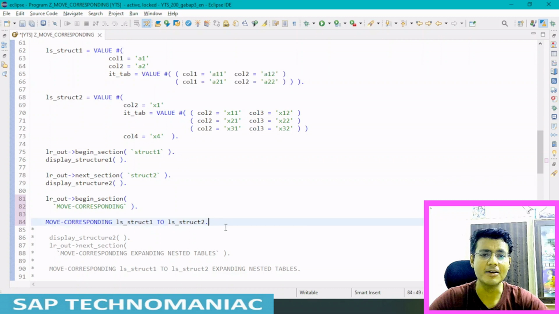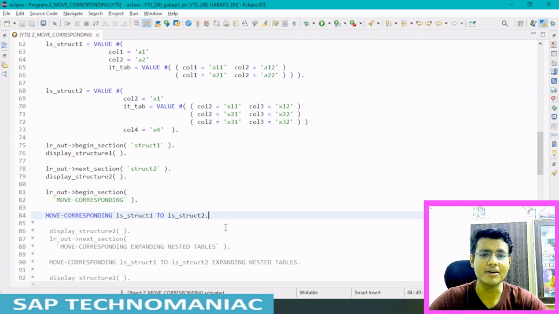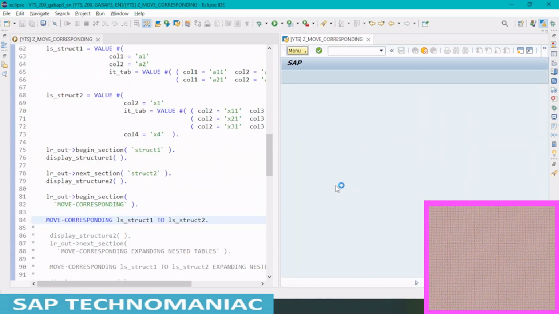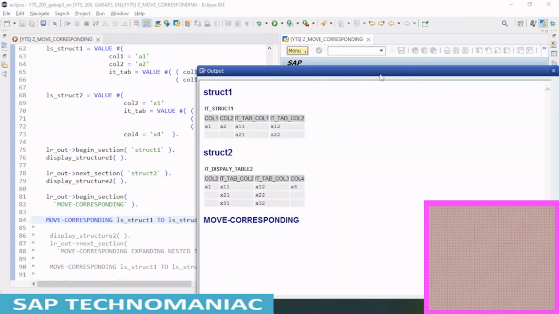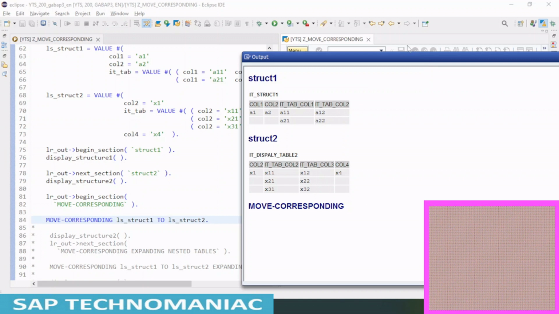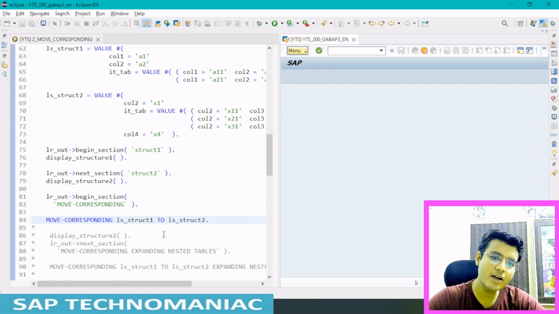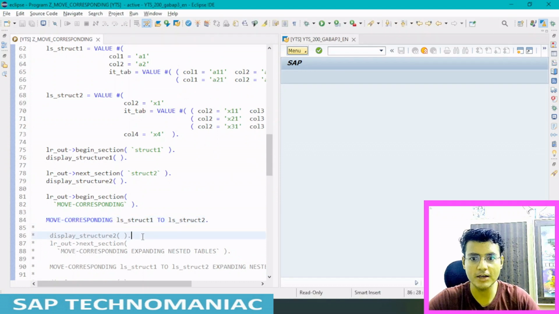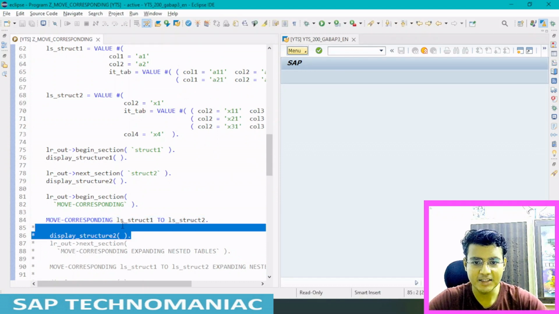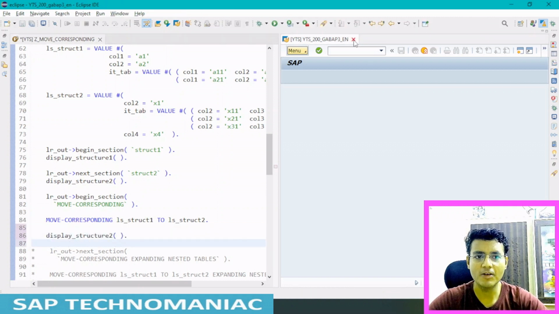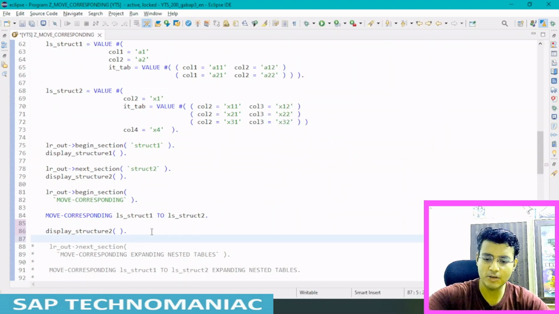Let me activate this one, Control F3 and F8. Okay, I have to display this structure also. I moved the component from one structure to another, but I didn't display it. So let me display the second structure again, same display, because all the columns are the same.